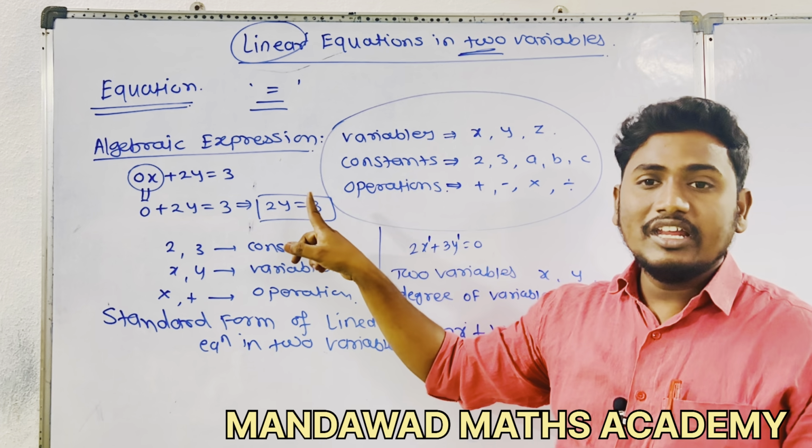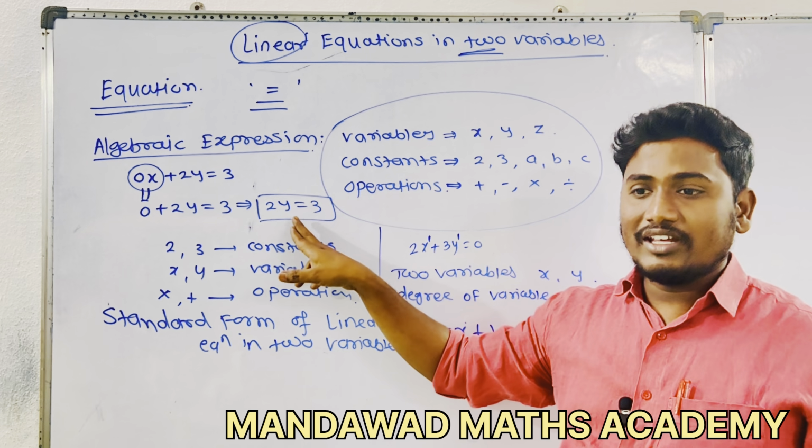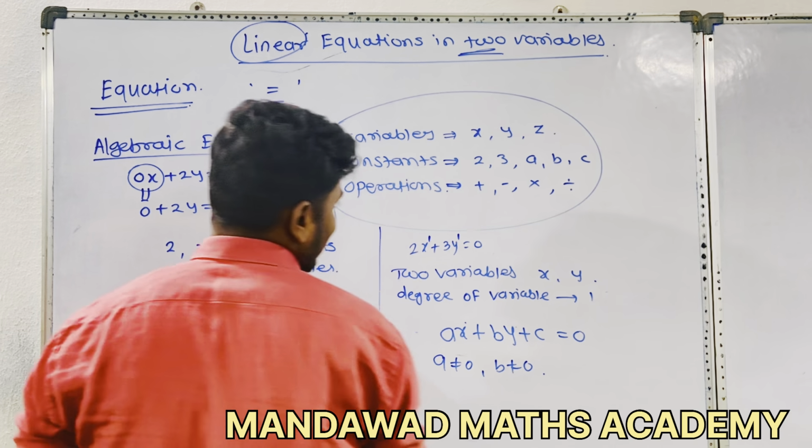It is only a linear equation in one variable. So it has only one variable, y. Therefore, this is not a linear equation in two variables. Next example, suppose